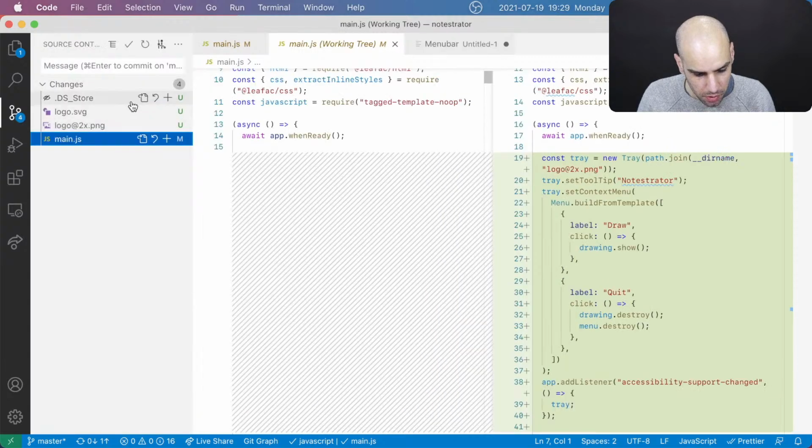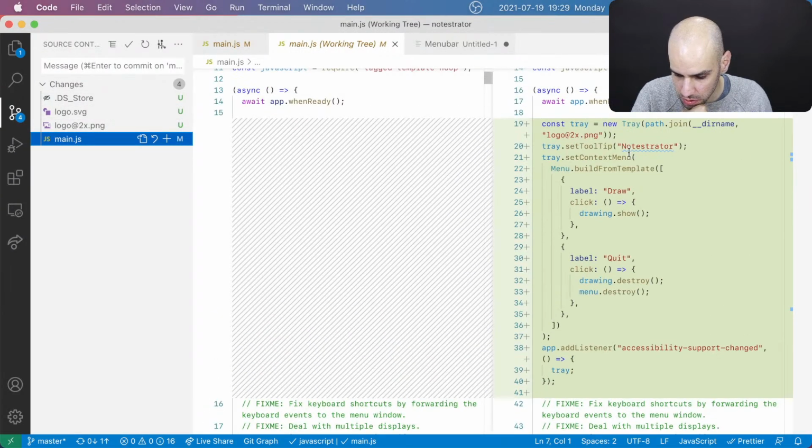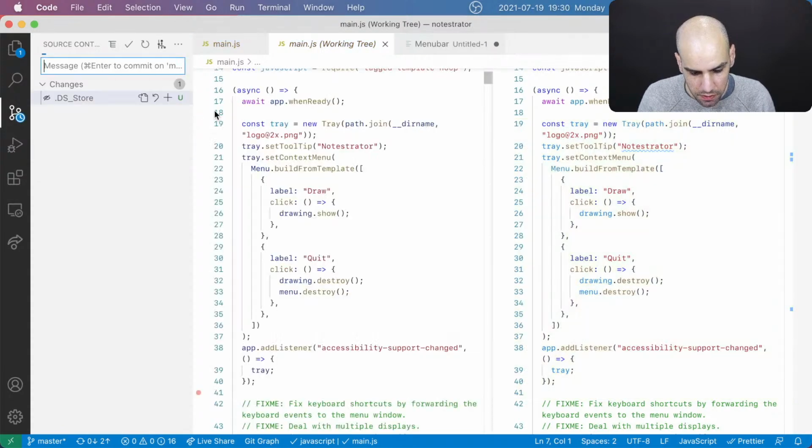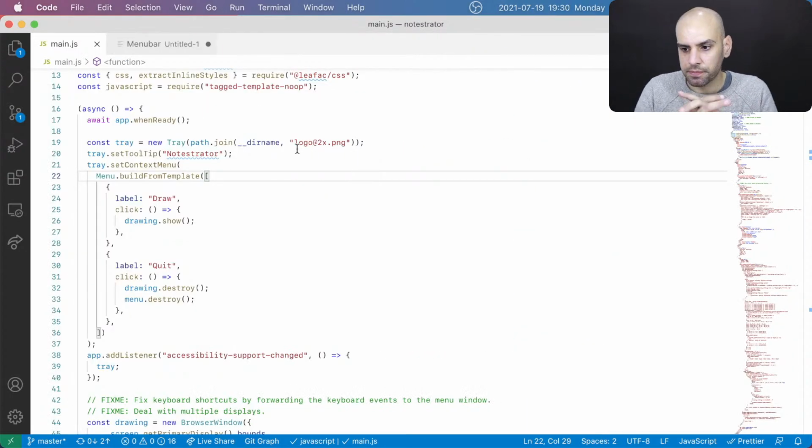But let me continue what I was doing here. So I was committing this and I was looking for something that I would want to change. Yeah, no, seems like it's good enough for now. Let's commit what we have. And